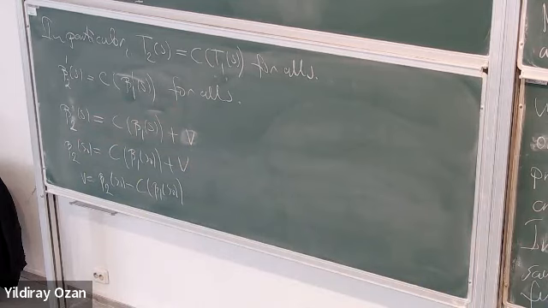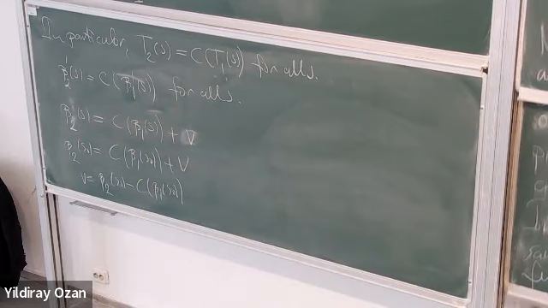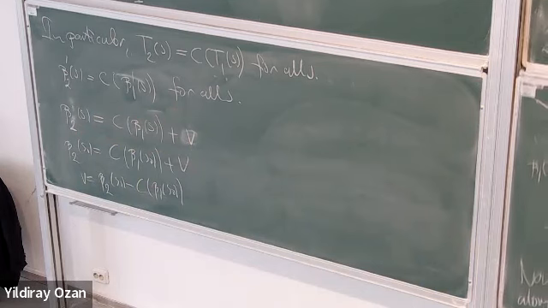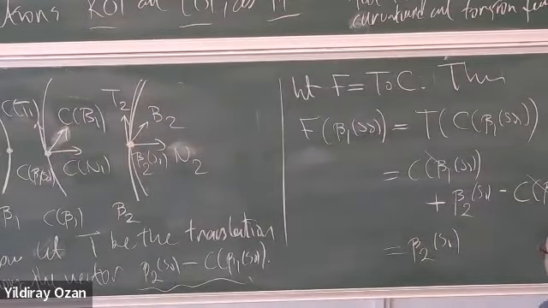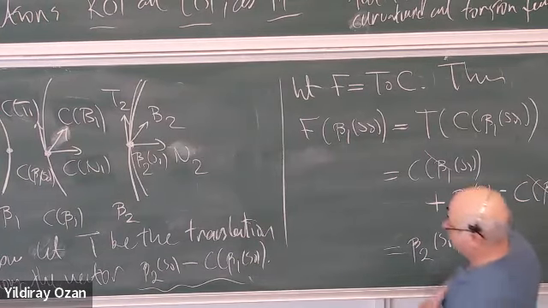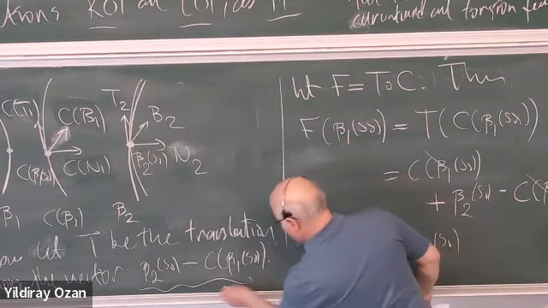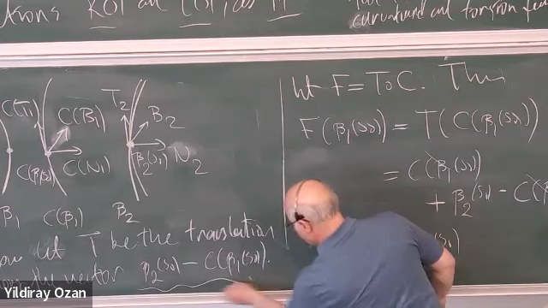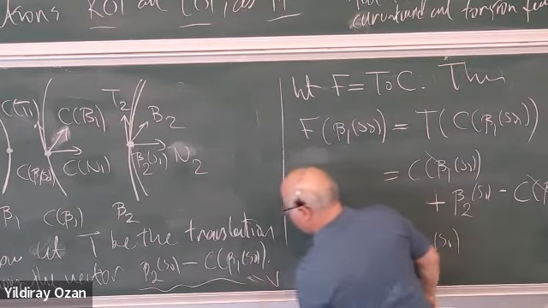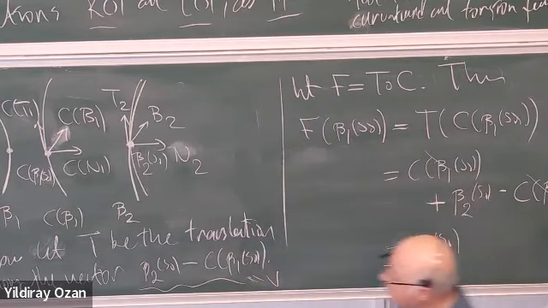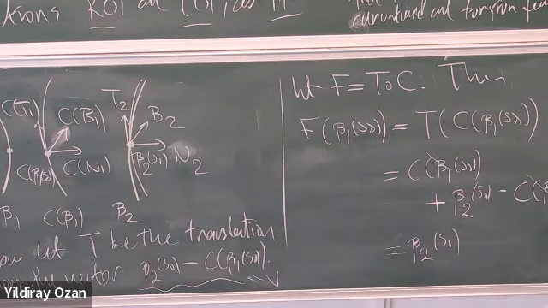It is this term here, beta 2(s0) minus C of beta 1(s0). So this is our vector V. Okay, this is the vector V. So this means what? This means